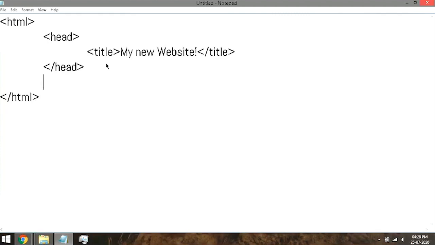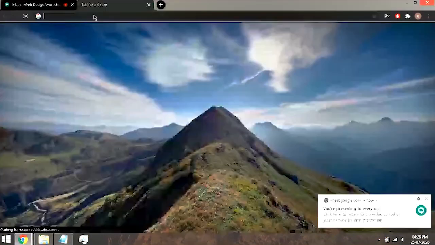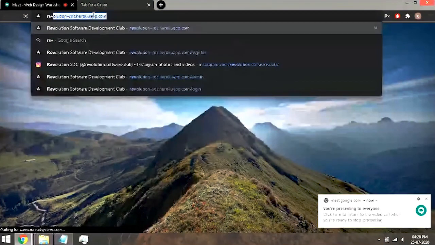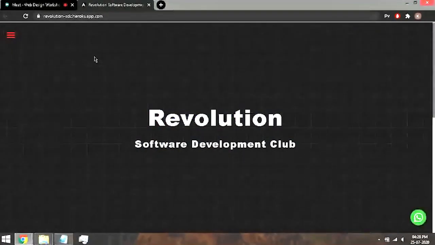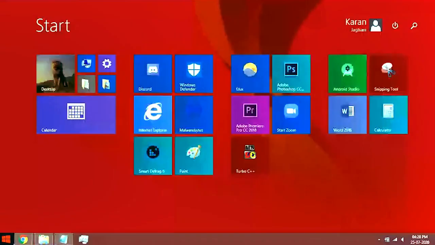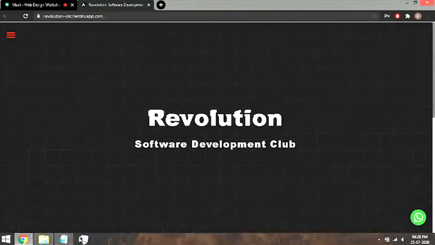And now below the head tag, I will create another tag called body. Body open, body close, again, similar syntax. And within the body tag goes your basic markup, the elements that are visible to the user. In our website as well, let me just show it to you again, whatever is visible to you is contained within the body tag and not any other tag. Without the body tag, the browser won't be able to identify that we are supposed to be rendering this in this manner. So that's why the body tag is used.